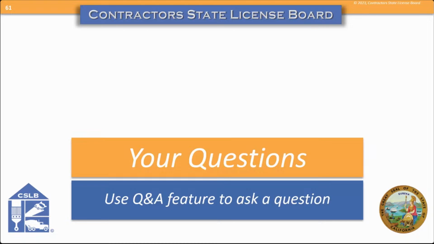How do we go about getting a bond? Once again, there are bonding agencies out there which will issue contractors bonds. $25,000 is the initial contractor's bond. If you're doing an LLC, there are other requirements for workers' bonds and liability bonds. So be sure to check our website for all the requirements depending upon the entity that you hold. Also, once you send in an application and it's processed and you have passed your tests, they will send you a bond and fee letter that will explain your bonding requirements and your fees for the initial license fee to have your license issued.